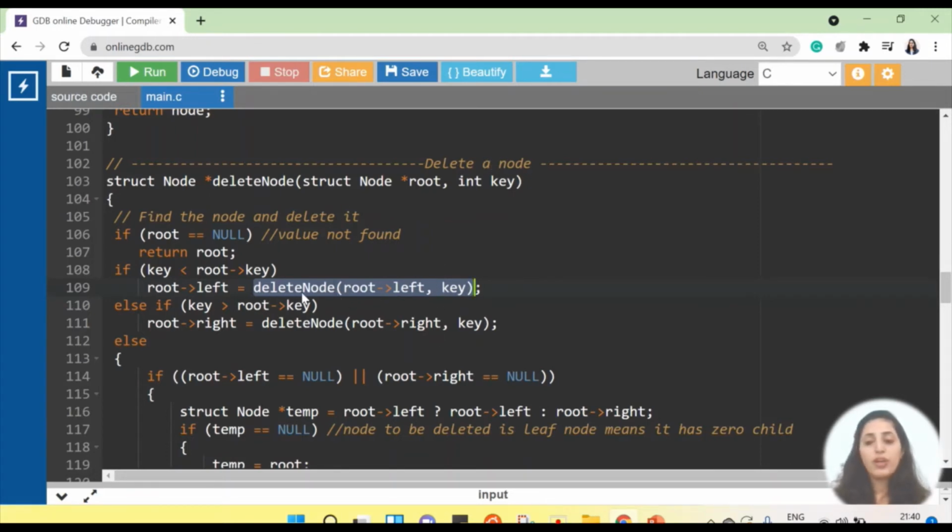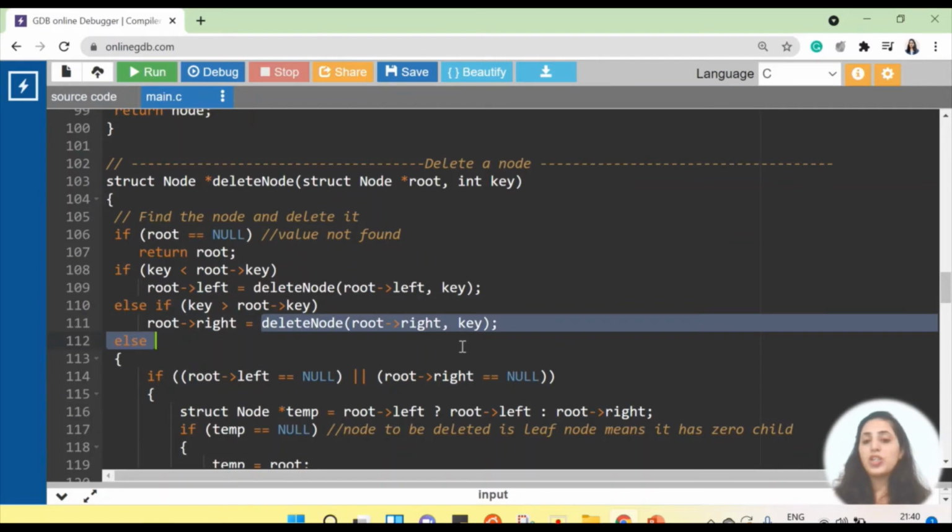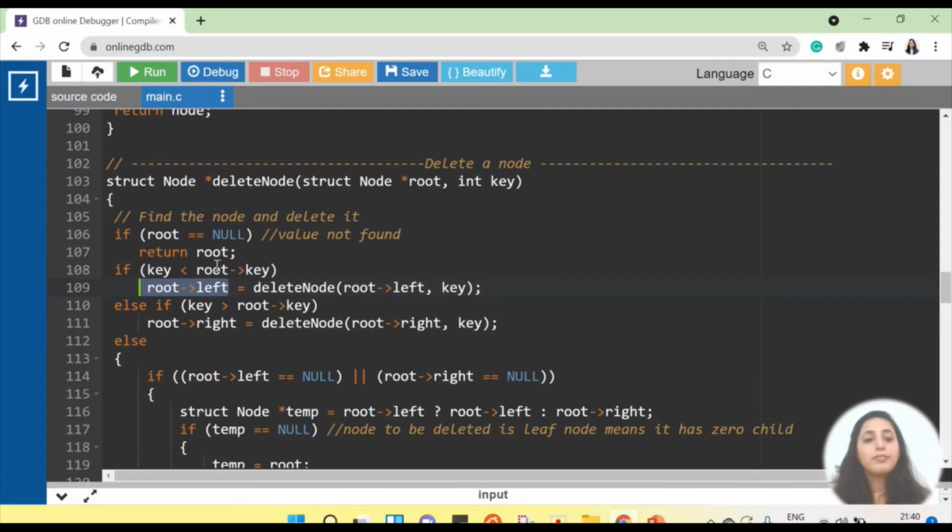Else, if the key is greater, we are going to the right child and calling the function recursively. After deleting whatever node is there, it gives us a value back, and that we are saving in the address of the right node or left node over here. So this way we are just traversing the tree and calling this function.